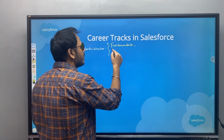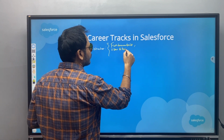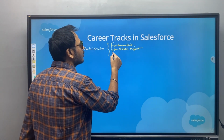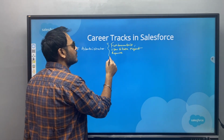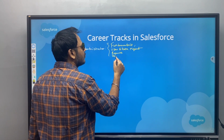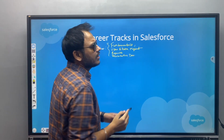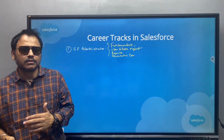The next skill can be user and data management. The third thing would be working on a lot of report-related stuff, and the fourth skill can be doing some declarative development. Declarative development, when I say, I basically mean the point and click development where there is no coding